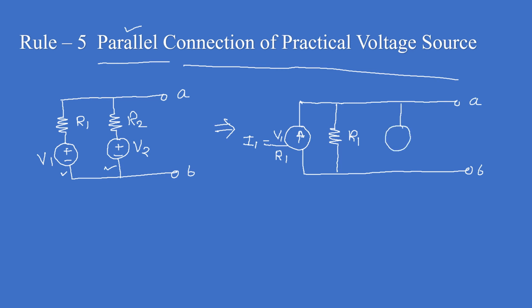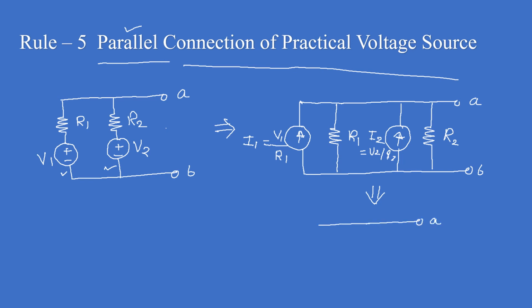So for the second one, this is the source and this is the value of resistance. Okay, so the current is I2 and the value of resistance is R2. So I2 is simply V2 by R2. Okay. So now what we have done, we have converted the voltage sources into current sources. Now it's very simple. Now you can see this is rule number 4, where two current sources are there and both are connected in parallel. So now we simply add them. So that will give you the final answer.